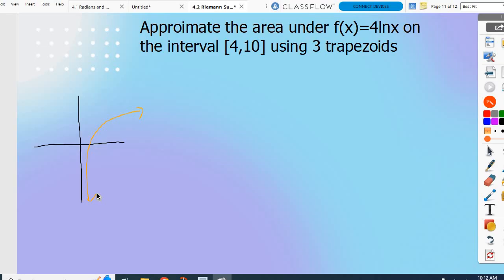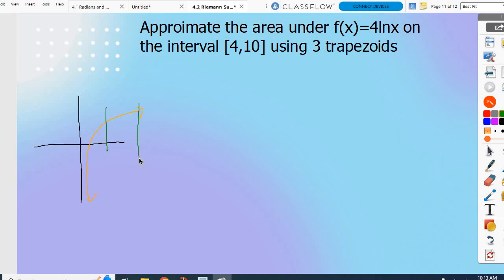Yes? So, here's a question. Could we have gone, say, from 0 to 10? Why not? Correct, because I have an asymptote at 0. So you would actually be looking at an infinite area. And we do not deal with infinite areas in Calc AB. If you continue on into Calc BC or Calc 2 in college, you do deal with infinite areas. So, little preview. That's tough. It's kind of cool, but you can find the area of an infinite area. So, there you go. But for us in this case, we're going from 4